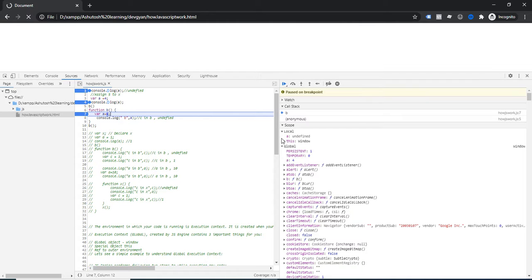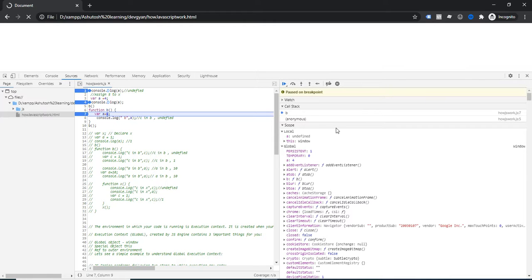It means the local environment is also set up. It's also known as the local memory. So the local memory is related to function B only. Again the same thing happened here. In the creation phase, it will try to find the variables and functions, and the initial value of the variable will be defined as undefined. That's why the value of a is undefined, and there is no other variable or function. That's why nothing else is available.